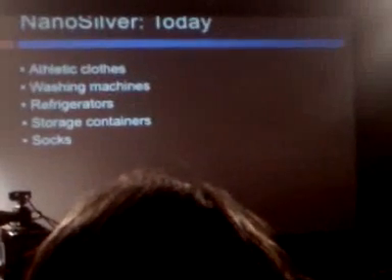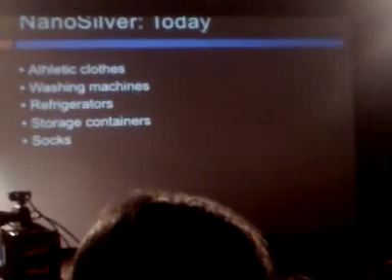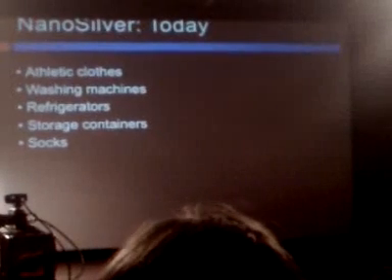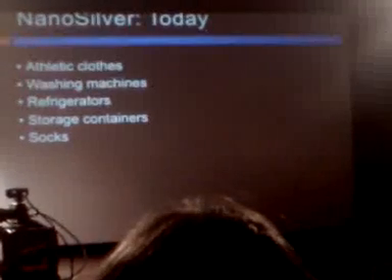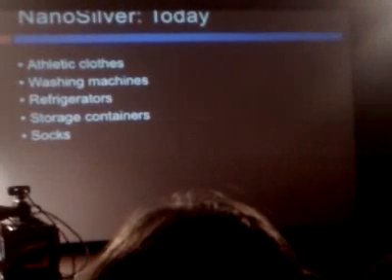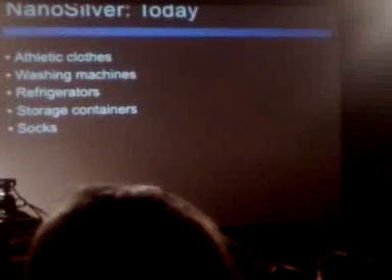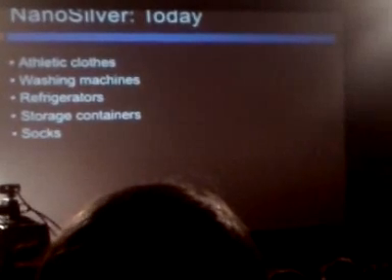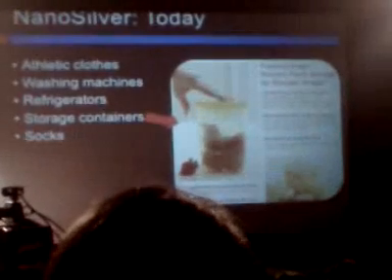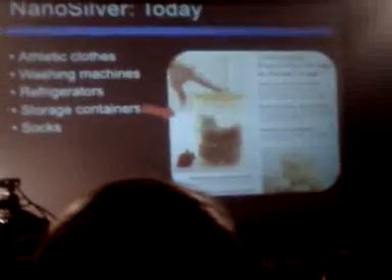Some of the places where we're using nanosilver in today's applications are athletic clothes. I mentioned earlier that t-shirts for sporting events often have silver woven into the fabric, so you don't look like you're wearing armor. And then the shirt won't smell as bad after practice. Washing machines, there are some washing machines where the drum on the inside is coated with nanosilver, which then helps to clean your clothes extra. Refrigerators, too, have plastic in there. There's also food storage containers. These were some from a company, the plastic